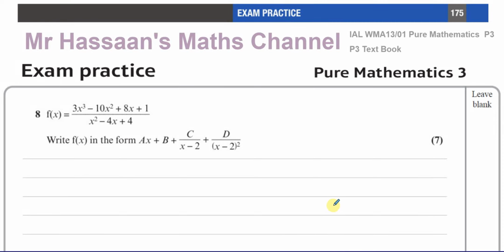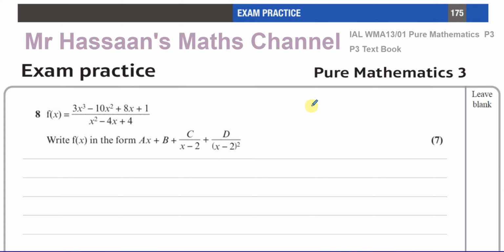I'm now going to answer question number 8 from the exam practice from Pure Mathematics P3 from the textbook. This is like an exam at the end of the textbook. And question number 8 here looks very much like a P4 type of question, like partial fractions. But in fact, because they gave us the form in which it can be written, this could be considered a P3 question. However, trying to attempt to do this by algebraic long division will get you into a